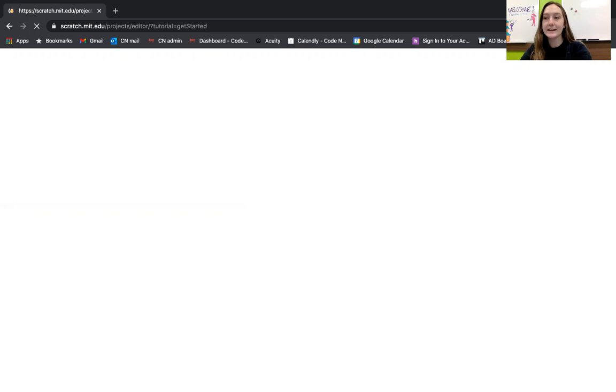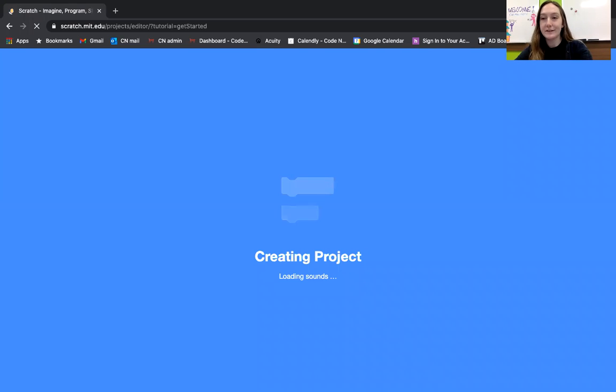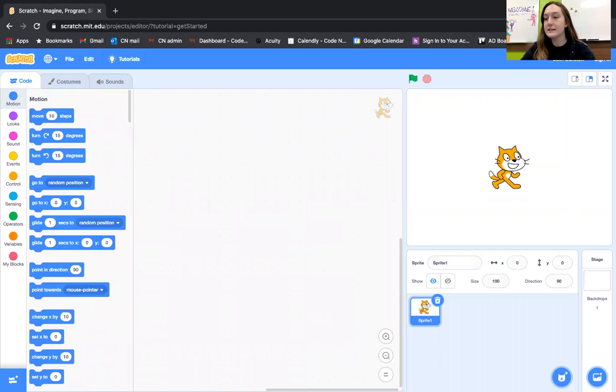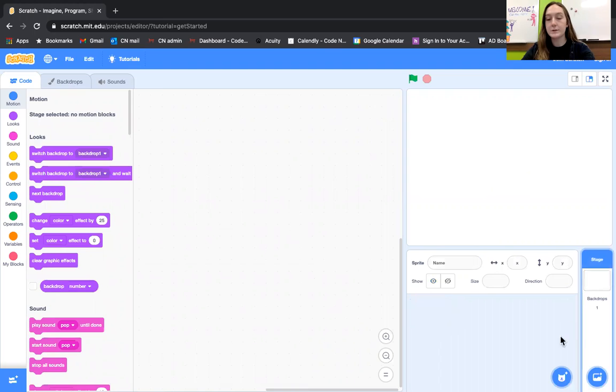Animating characters in Scratch is super important. It helps make your video games more interesting. You can make stories, music videos, all sorts of things out of them. So the very first thing I'm going to show you is how to make a character switch poses when you click a button. So I'm going to delete my cat sprite and we're going to go to the bottom right hand corner of our screen